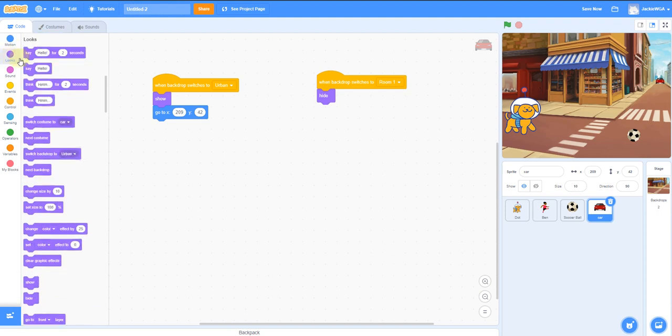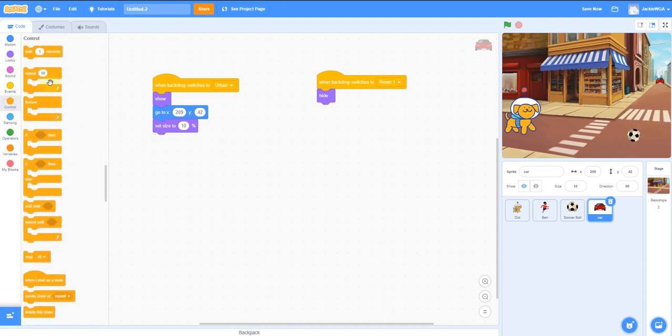Go to look and change size by, set size to 10, and we will do the animation of the car going closer and closer and downward